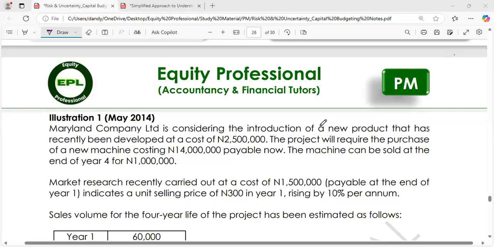Of course, we moved from there to talk about how to identify relevant cash flows. Okay, then thereafter we talked about the impact of inflation and then taxation. That was where we stopped last time. So tonight we are going to be solving questions, purely because all the underlying concepts have been discussed. So what we want to do today is to solve questions, and then after tonight, that will be the end of capital budgeting. Okay,